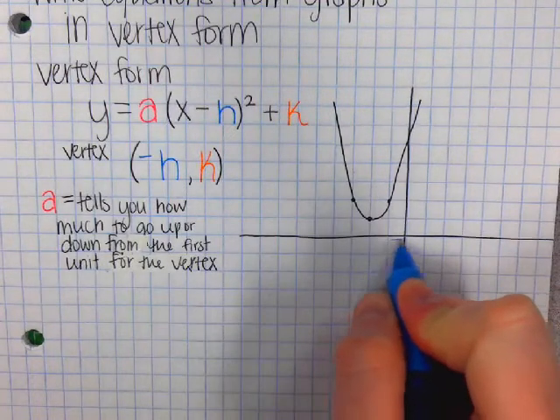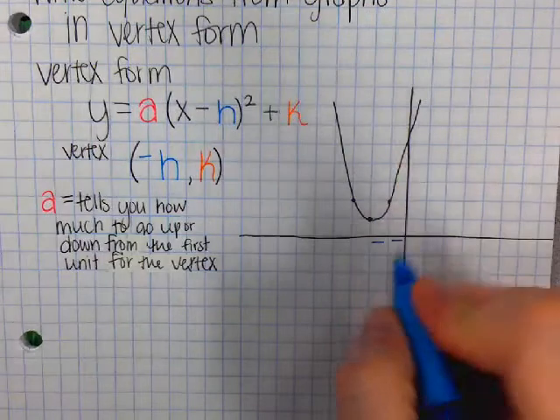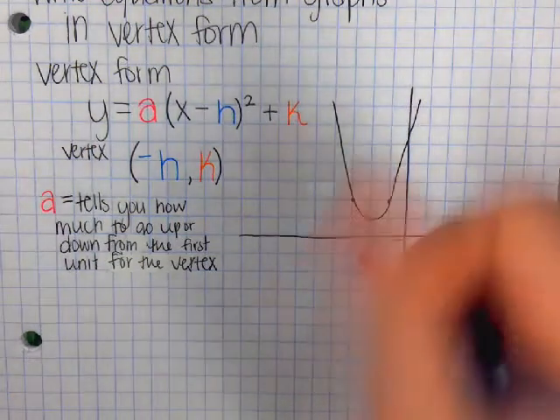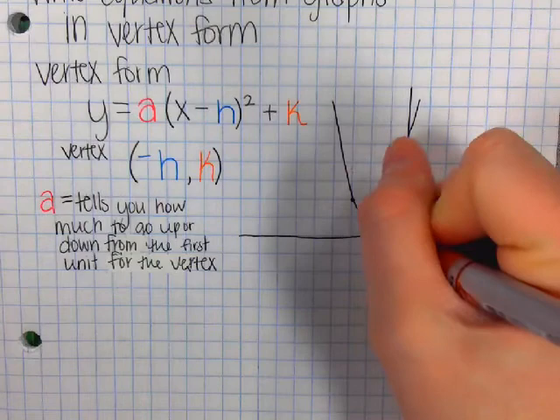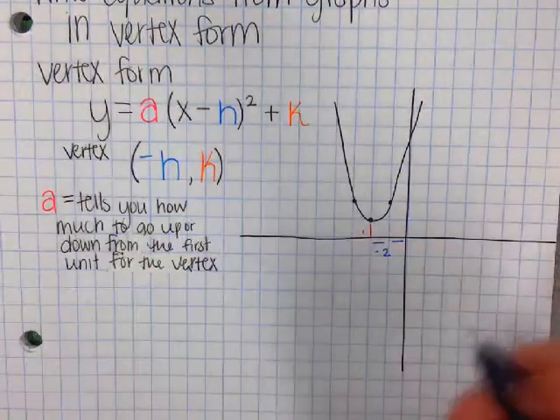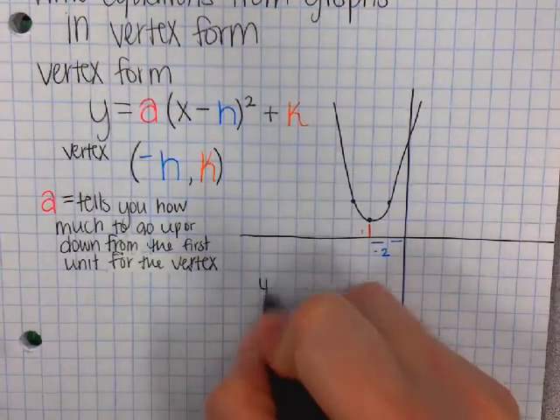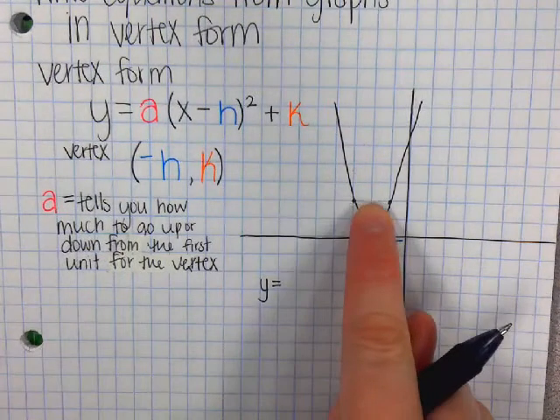So first thing you need to do is figure out where the vertex is. So it's back 2 and it's up 1. Okay, so our equation, y equals, figure out the A first. So if it moves up 1